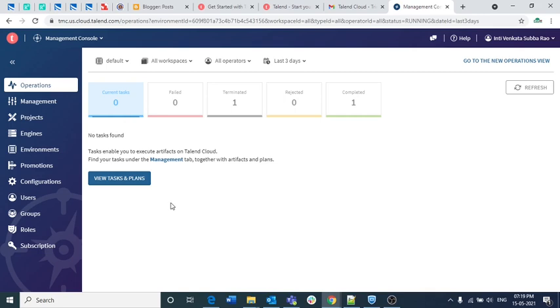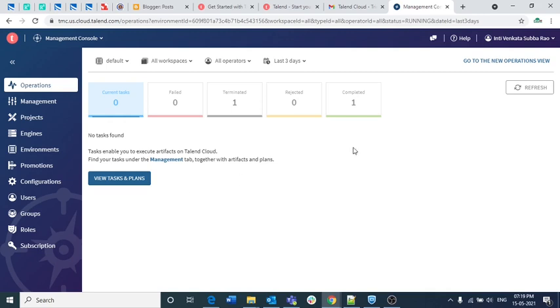Talent Cloud itself. Because if you are currently using the Talent for Big Data trial version, then in that version you won't be getting a publish to cloud option or publish option. If you want that option, you need to download a specific Talent Studio from the Talent Cloud itself, because Talent Cloud has a specific Talent Studio version that is